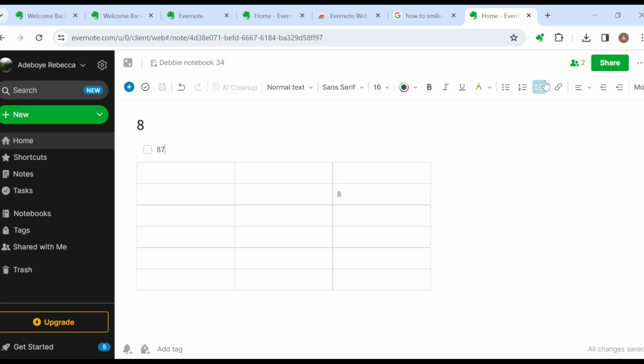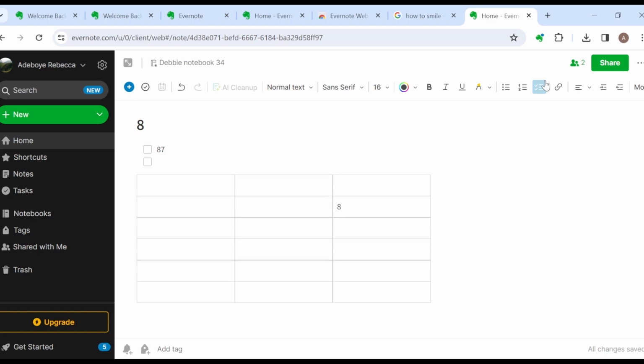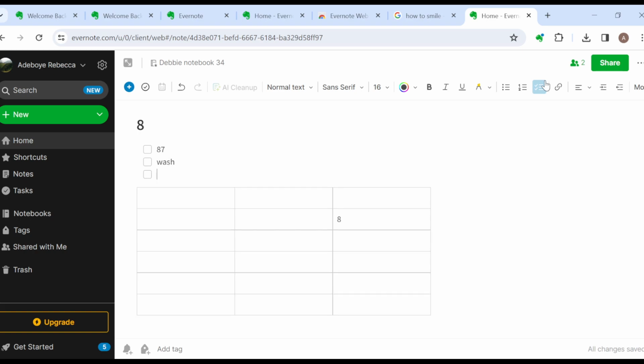So to add checklist to other writings, just click on enter and then type out what you want to do. And then click on enter again and just keep on typing and entering, and the checklist will be created. And once you're done, it will be saved automatically on your device as well as on your notes or your